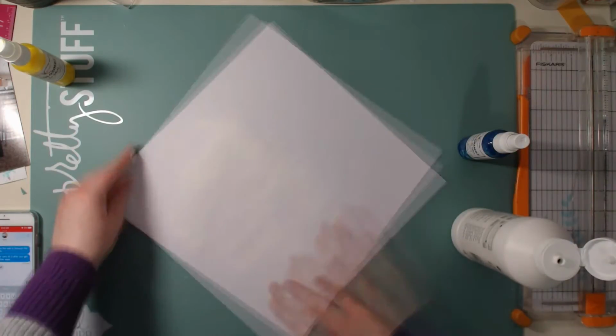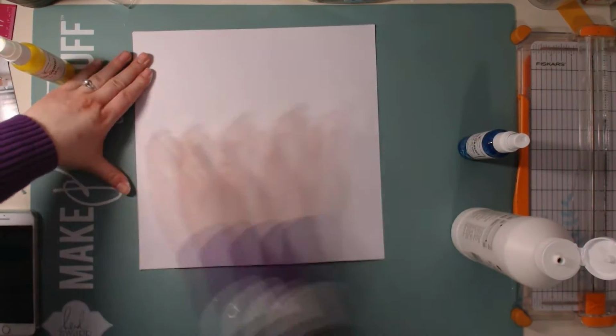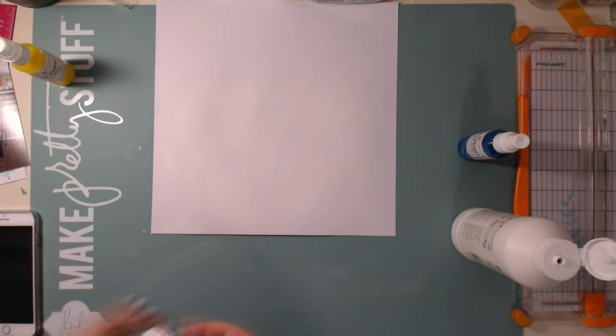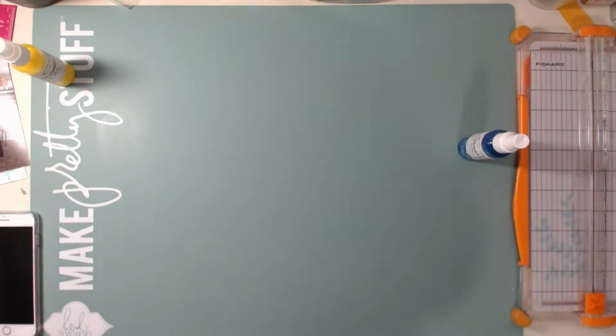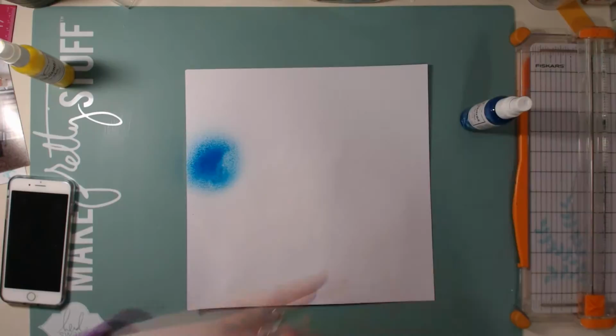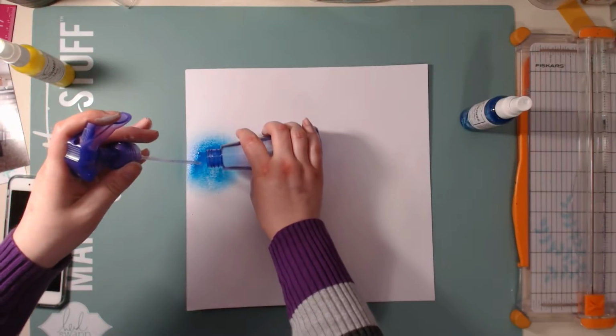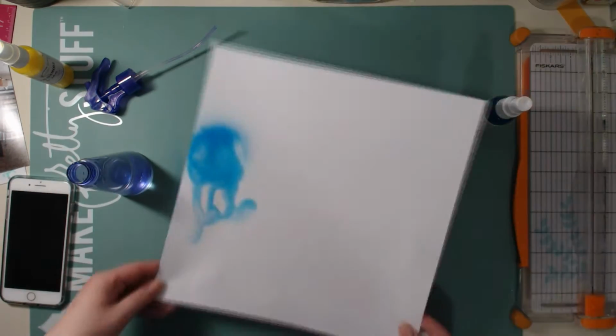Okay, so this is layout number 2, and I am just spreading around this gesso using a wipe as well as my fingers. I got the idea to use my fingers from Missy Whitten, but I'm just not as go with the flow as she is. I just can't stand using my fingers, so I end up using my wipe. Okay, so this one kind of turns out a little bit better. I poured a little too much